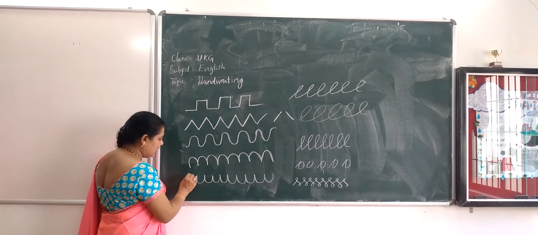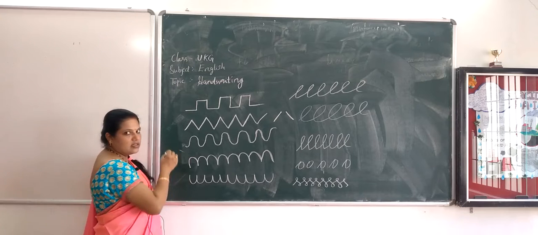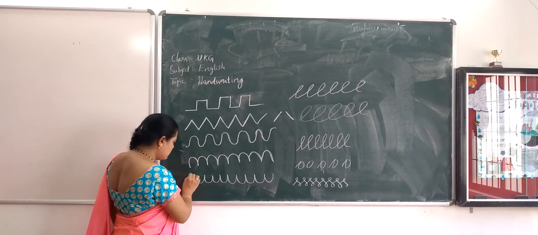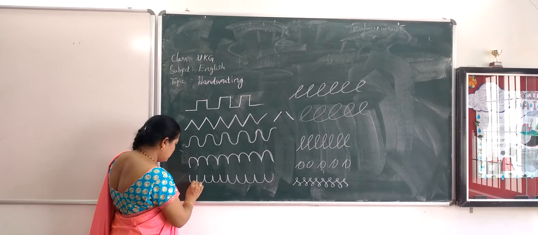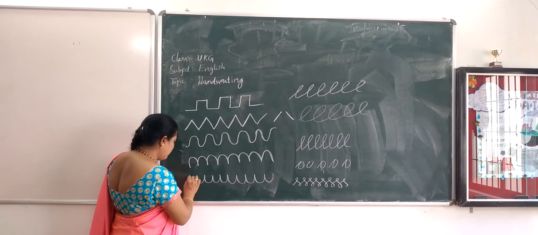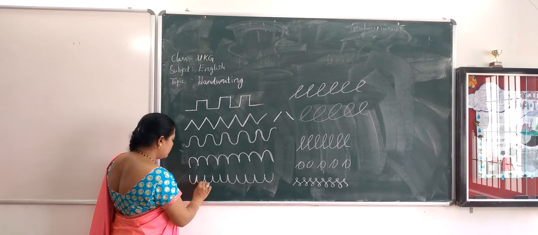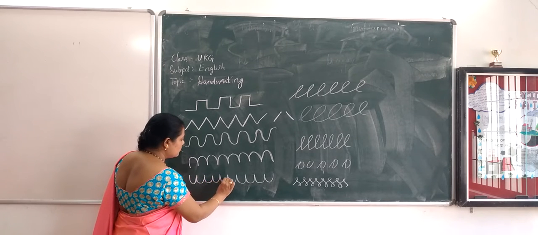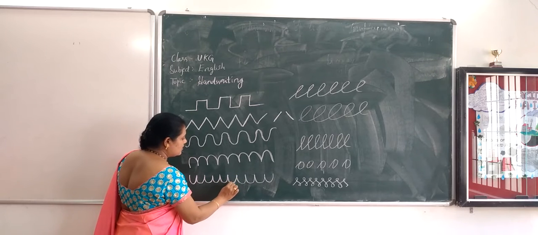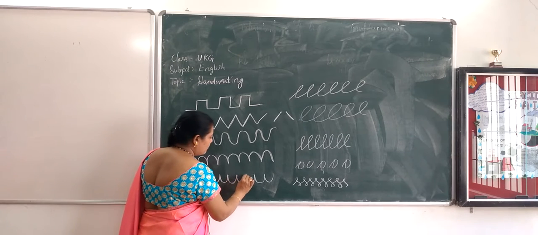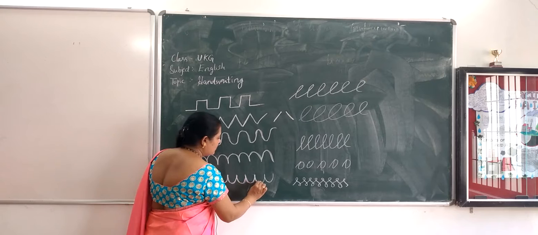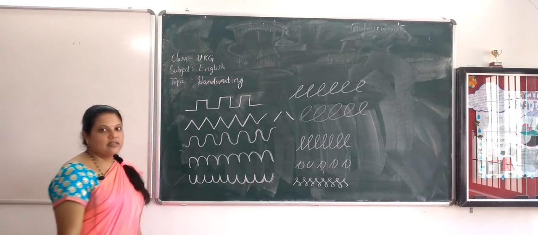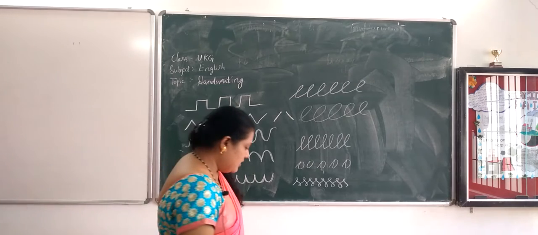See again, now the curve is in the upward direction. See them, how is it written? While writing certain alphabets like U, this is the formation. So we are teaching you these patterns in the beginning before we start writing the cursive handwriting. Yes, children. See the next one.